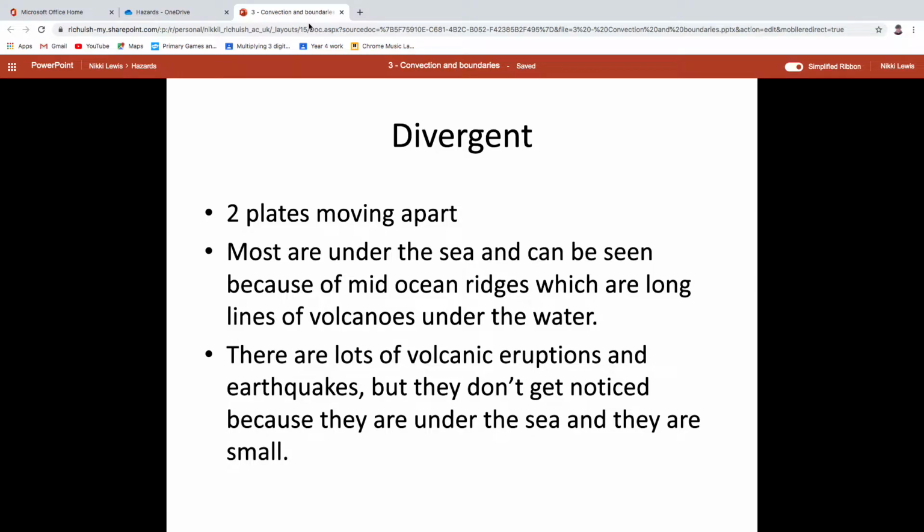There are two types that we're going to look at. One of them is under the sea, one of them is on land. So we're going to go through those, and then I'll do another video for convergent and so on and so forth. Okay, what you're supposed to be doing then is creating revision notes on all types